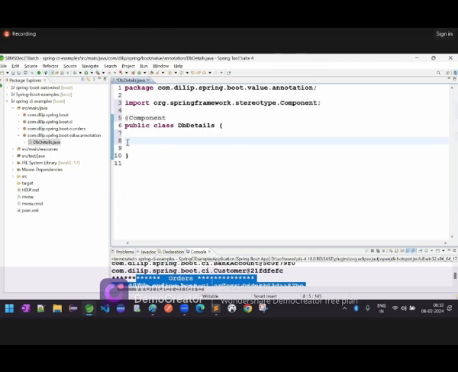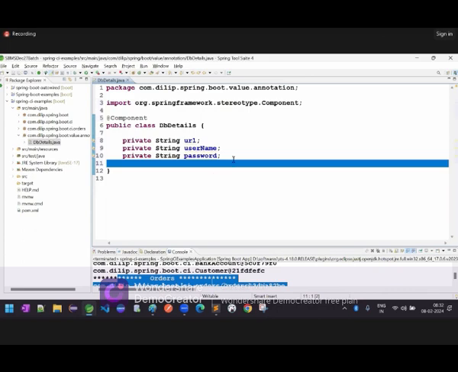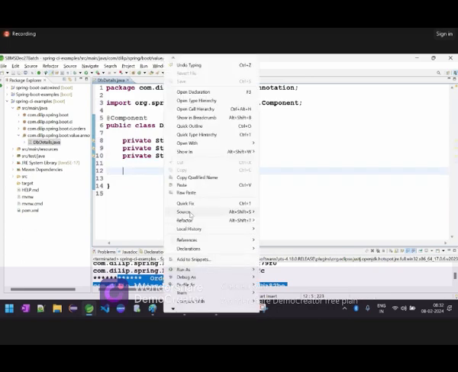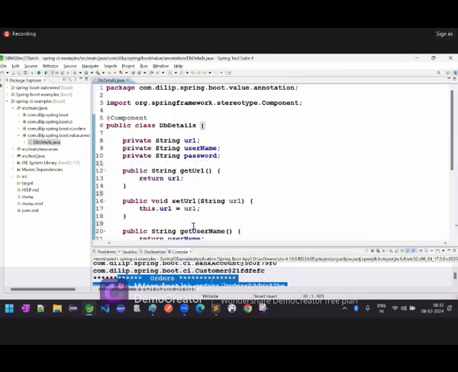I wrote @component here, with URL, username, password, and setters and getters. See, we have this @value in Spring also. It's not only here, you can practice @value in Spring also. Now in this case,